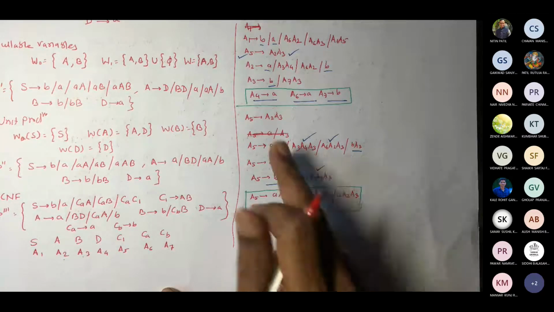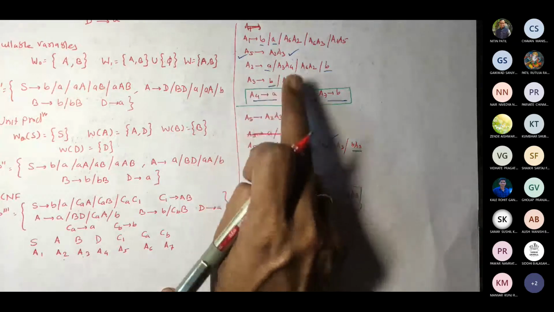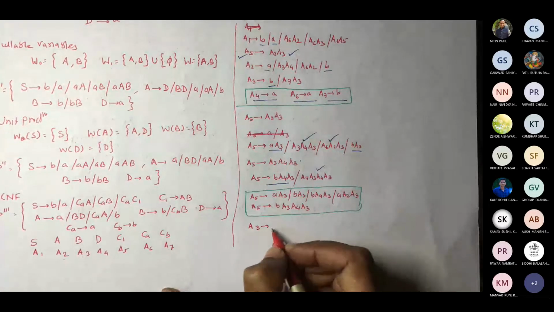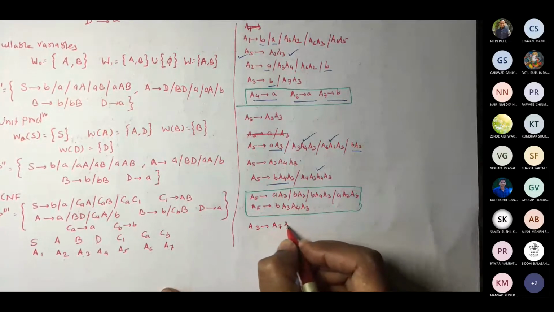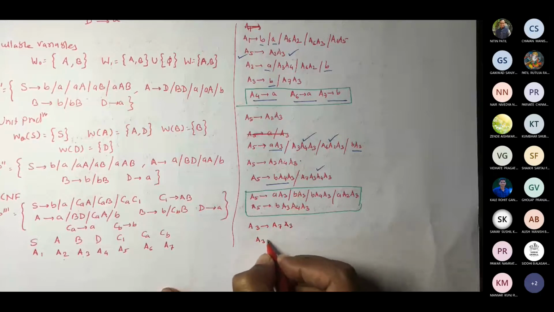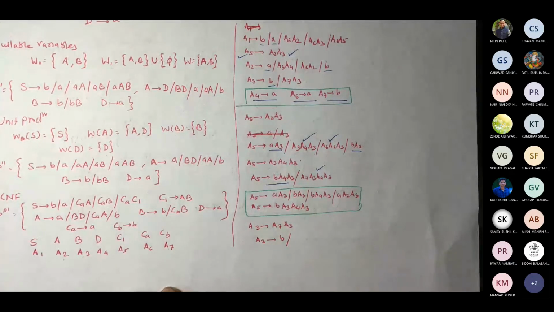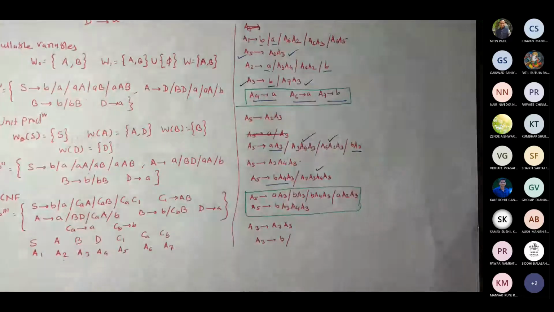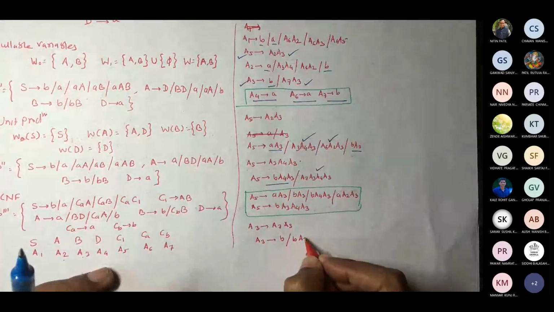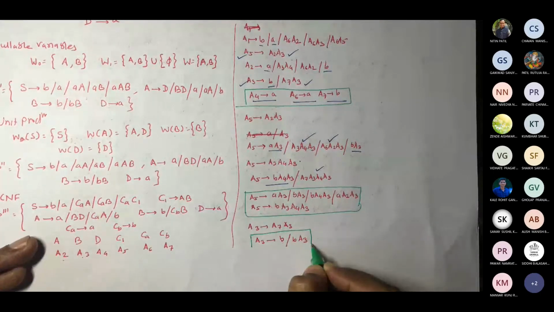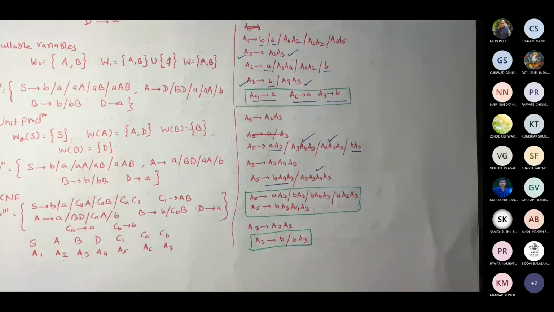Let us pick A3 first, because anyway you would be requiring A3. So A3 gives A7, A3. I will pick that one first. So this will result in the first original production. A3 gives B. What is the A7 value? I am talking about this one now. B. So this is done. So we can write B A3. Correct? So A3 is also done.